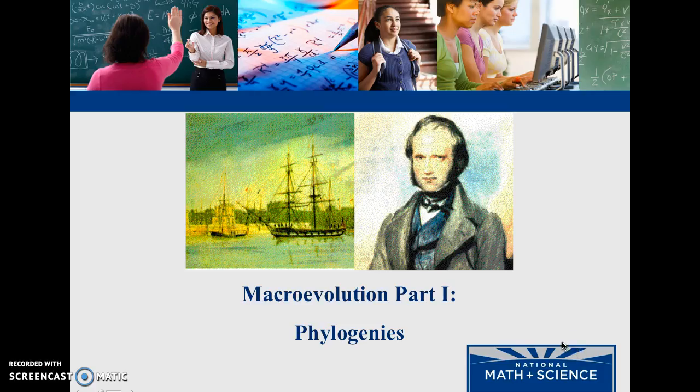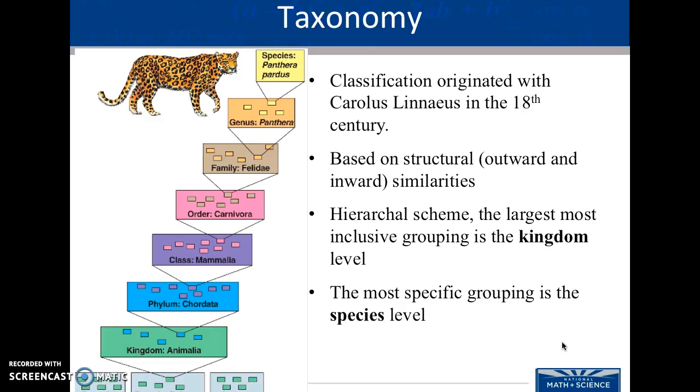This is Macroevolution Part 1, talking about phylogenies, phylogenetic trees, and phylogenetics. So if we want to talk about phylogenetics or the relationship between species, we need to start at the historical beginning. Carolus Linnaeus was a scientist who created the taxonomy classification about the 18th century based on structural similarities, either